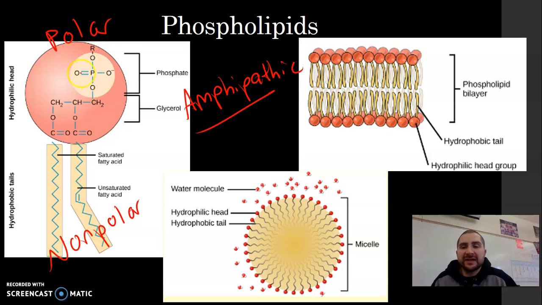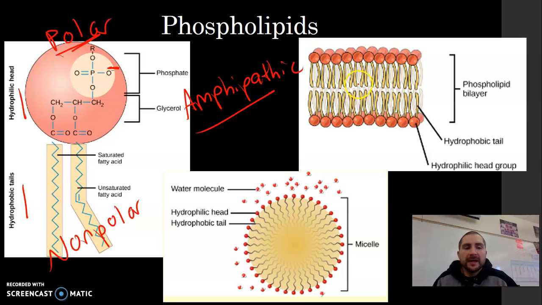But the head, if you take a look at the phosphate glycerol head, you notice that with this phosphate group, there is a charge, there's a negative. When there's charge, we can have polar interactions, which is why this is a polar region, okay? So the polar head is going to be hydrophilic. It likes water. The tail is nonpolar, hydrophobic. They hate water. This becomes important, why it's so unique making up the cell membrane, which is the protector of